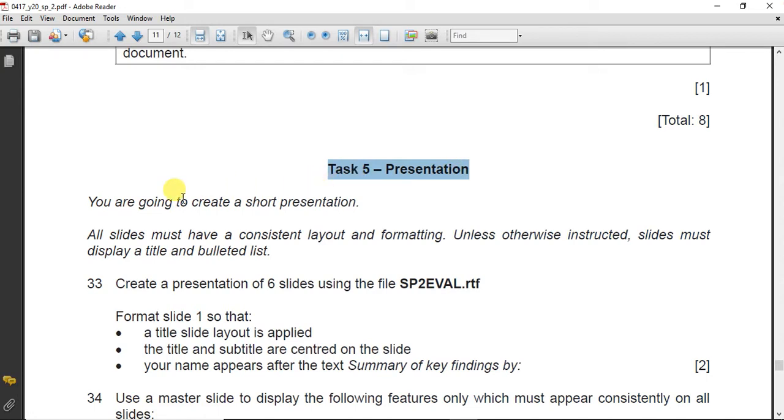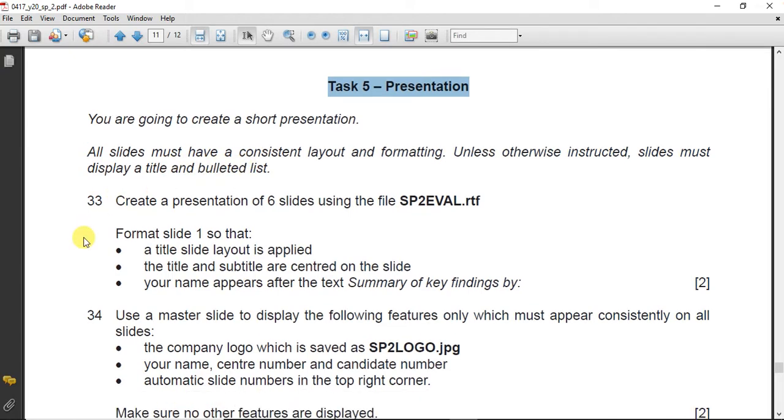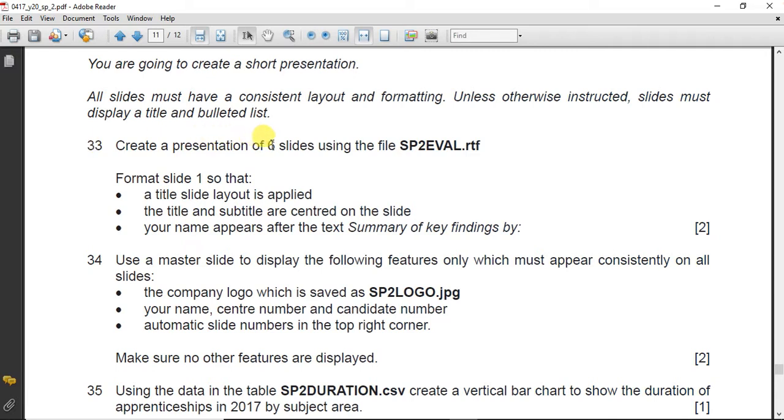You are going to create a short presentation. All slides must have a consistent layout and formatting, unless otherwise instructed. Slides must display a title and bulleted list. Now, create a presentation of 6 slides using the file SP2 eval.rtf. As you know, RTF is a file in Microsoft Word, but we have to import this file to our PowerPoint